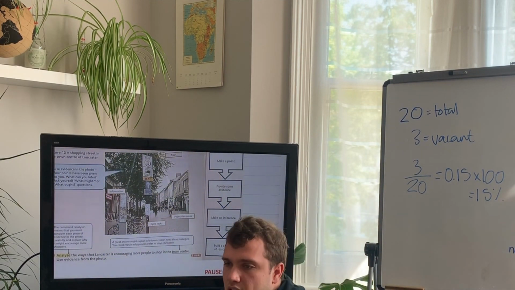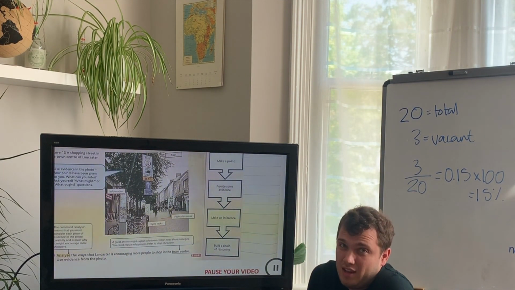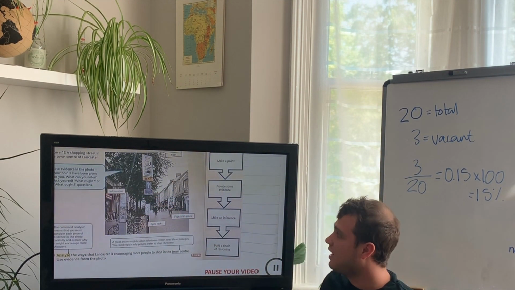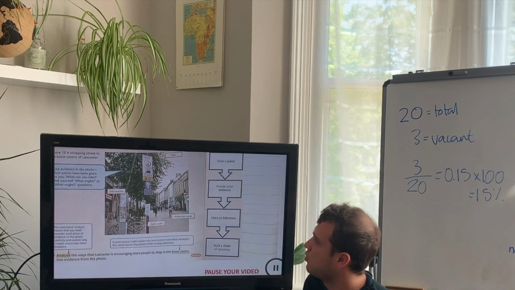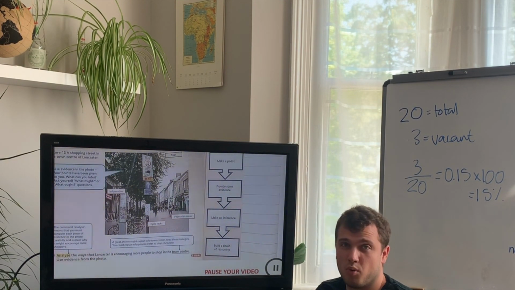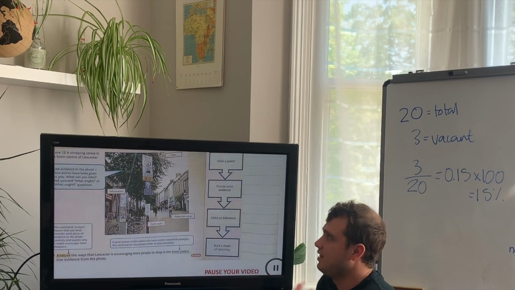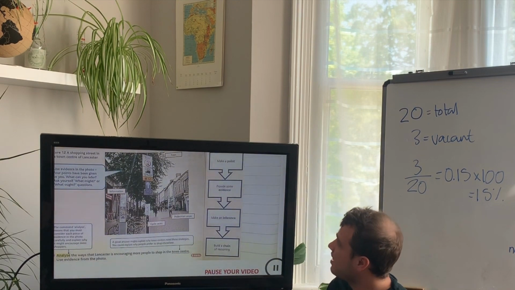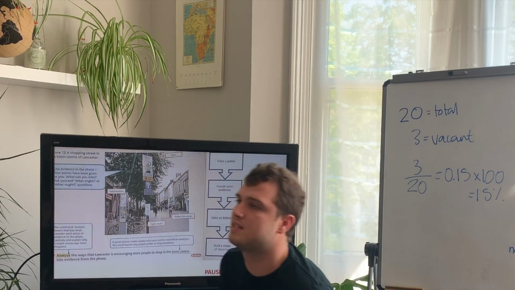So what I would like you to do in your books is just have a look at this photo. And you can see that they've already picked out 4 things, but thinking about other stuff that we've just spoken about, what else can you infer about this area? So maybe do a couple of bullet points of what other things can you pick out from this shopping environment that make it attractive to people? And then I'd maybe like you to have a go at kind of explaining it.